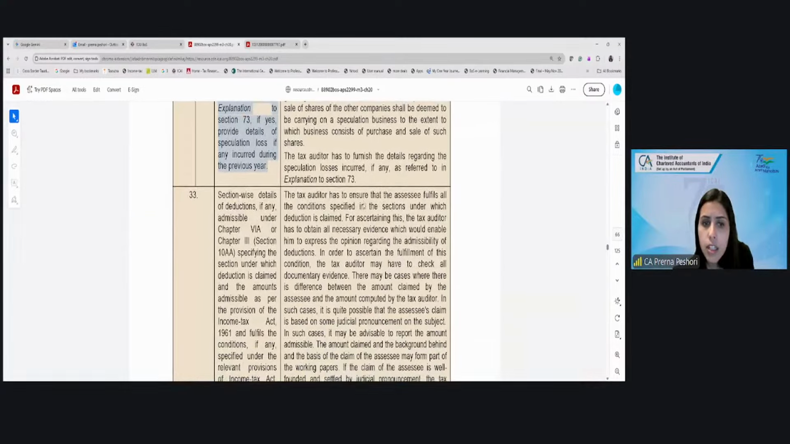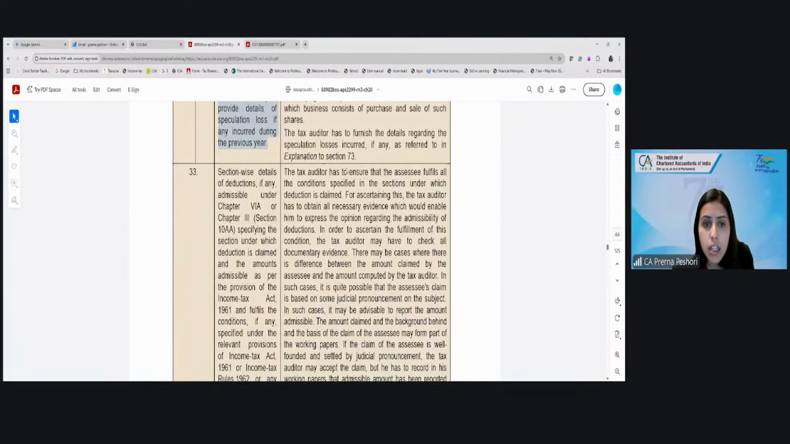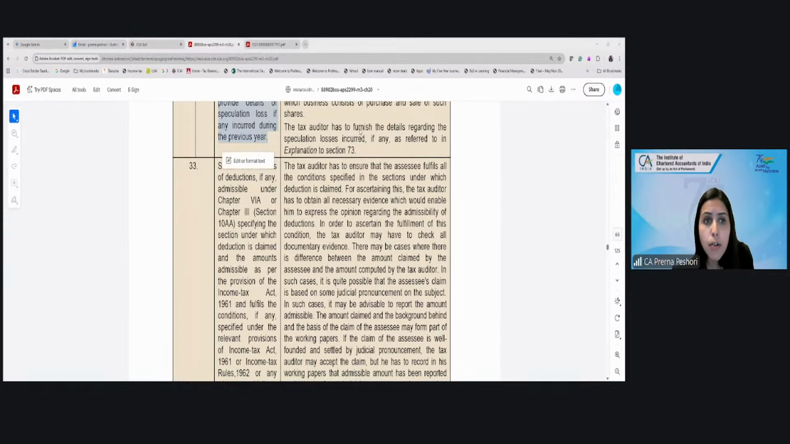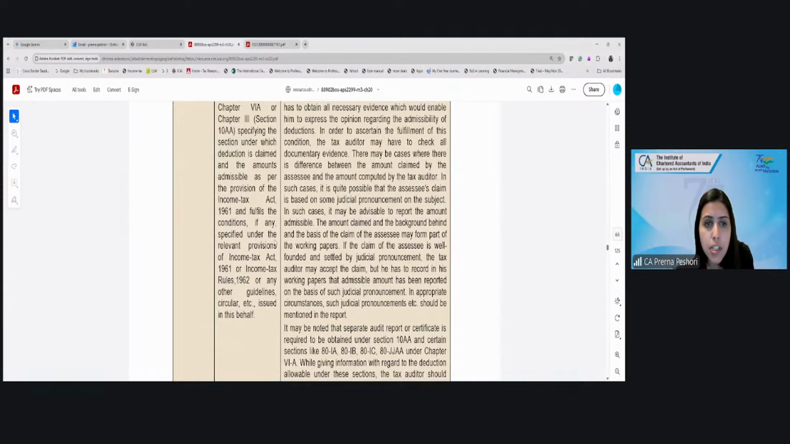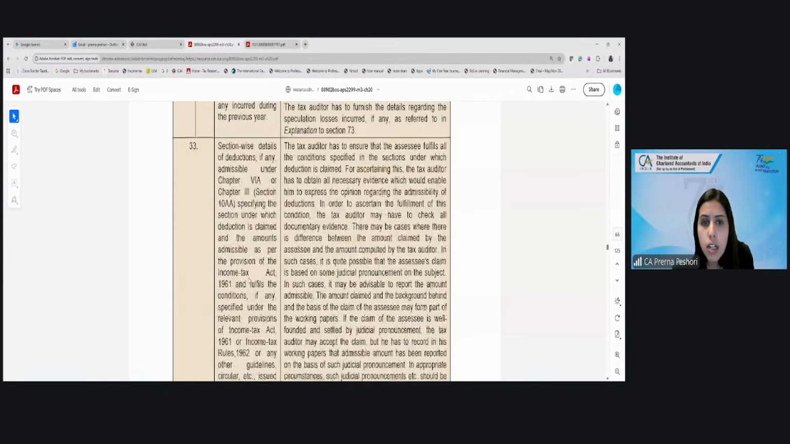Fine. Next is clause 33, which is talking about the section-wise details of deductions, if any, admissible under Chapter 6A or Chapter 3, which is 10AA, specifying the section under which the deduction is claimed and the amounts admissible as per the provision of Income Tax Act, and fulfills the conditions specified under the relevant provisions of the Income Tax Act or rules or any other circular or guidelines. So here, what does the tax auditor need to check is, with respect to this, you need to check that